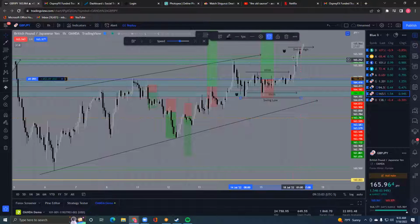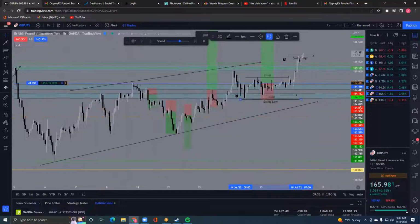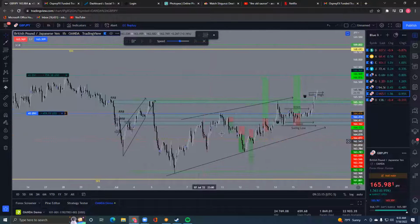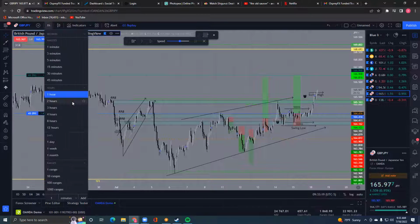I also did throw some alerts. If you have premium TradingView, you can throw some alerts on your swing high lines and swing low lines. And that honestly will also help you tail price throughout the day. So the only thing I really got to adjust on these is, again, for these two, I'm going to go through my weekly